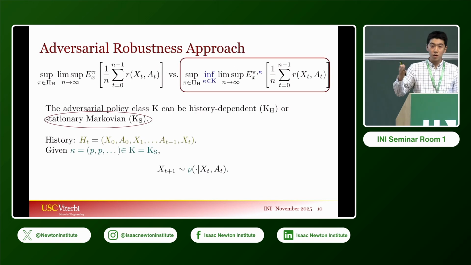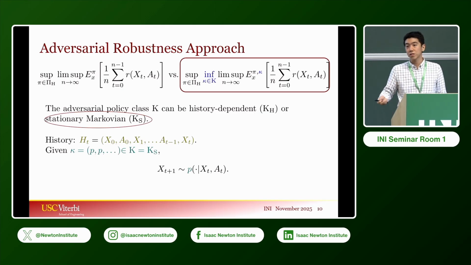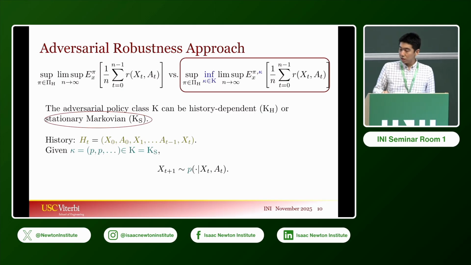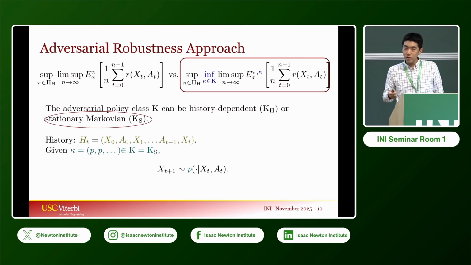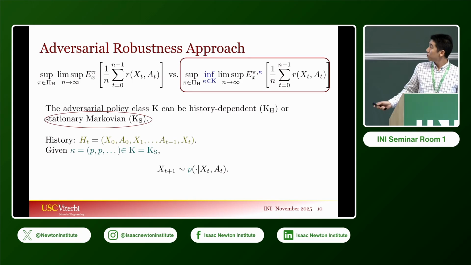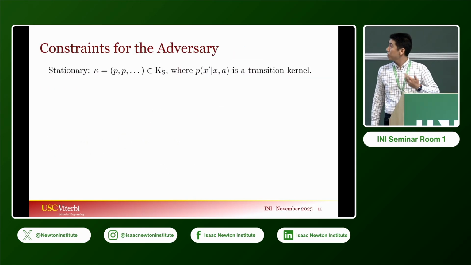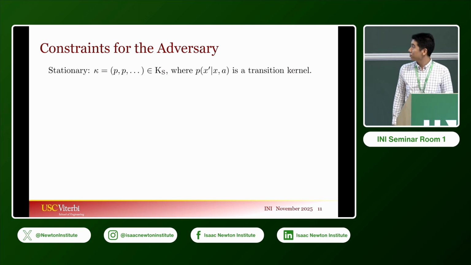And remember that our goal is to achieve a formulation that allows us to make decisions more robust. And in order to achieve that, we do not want the adversary to be overly powerful, because otherwise the controller cannot do anything against such a powerful adversary. So we need some way to constrain the power of the adversary. Right, so next I'll be discussing some ways to constrain the power of the adversary.